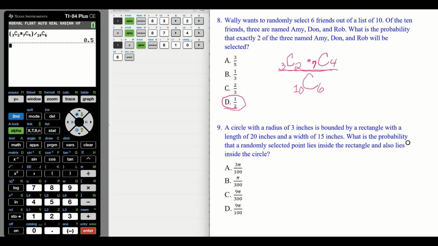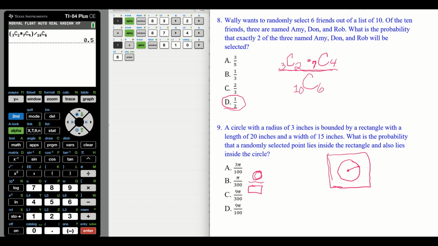So let's draw our situation then. All right, we have a circle, a rectangle with a circle inside. Circle and a rectangle. Okay. So which will be larger? Because it says bounded by the rectangle. So obviously the rectangle is larger. Well, that's part over total. So the circle is the part. So we have circle over